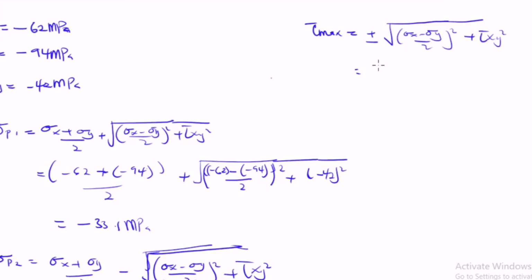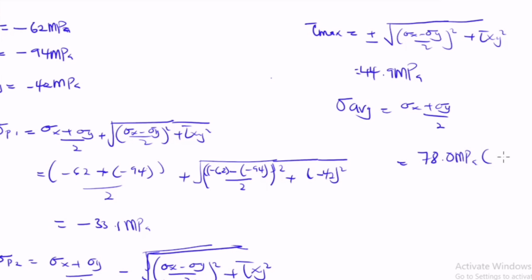So in that case, when you do the substitution very correctly, you're going to have it to be 44.9 megapascal. Then we need to find the average normal stress. For the average normal stress, you know that we're just going to add this plus that divided by 2, and in that case, when you do that correctly, you're going to have it to be 78.0